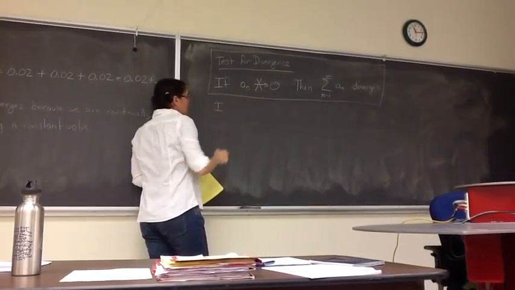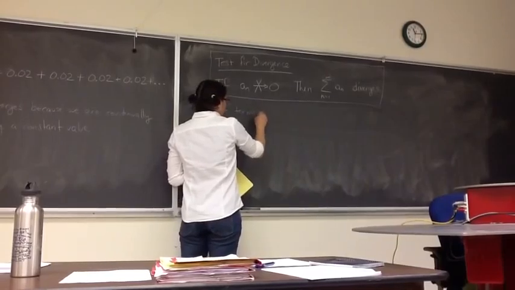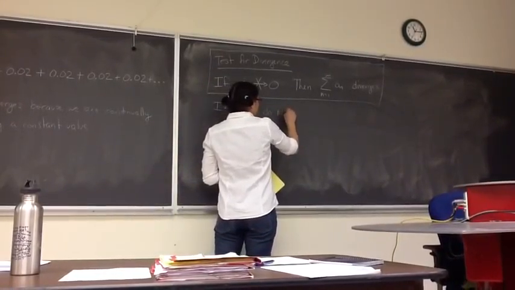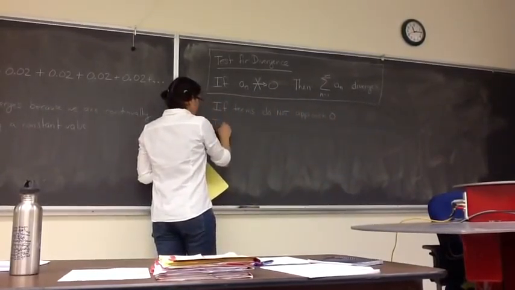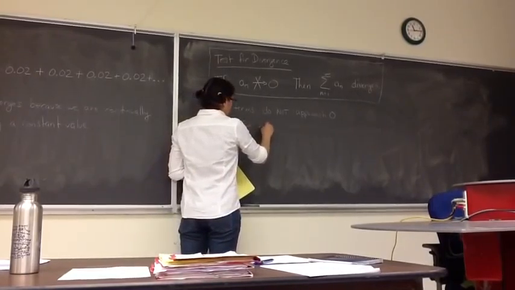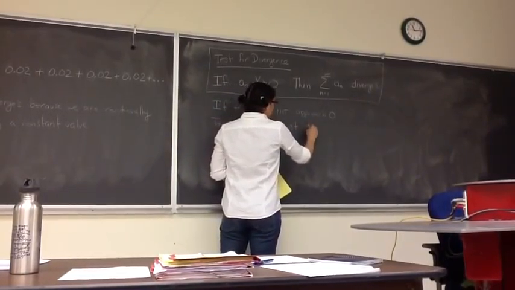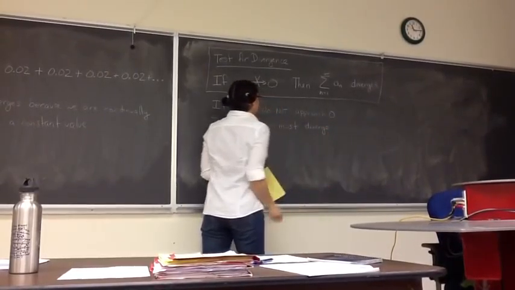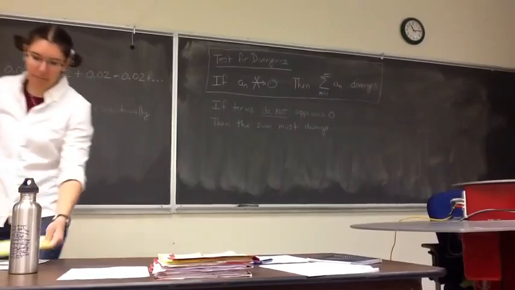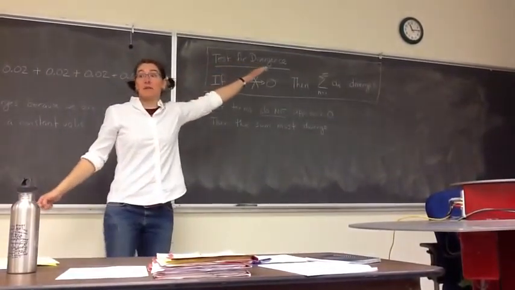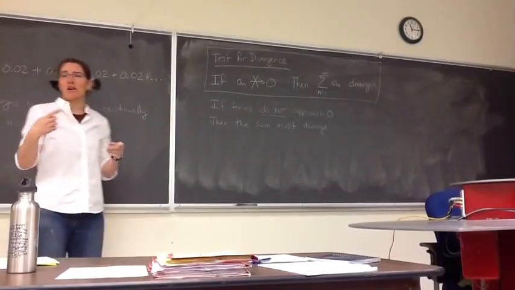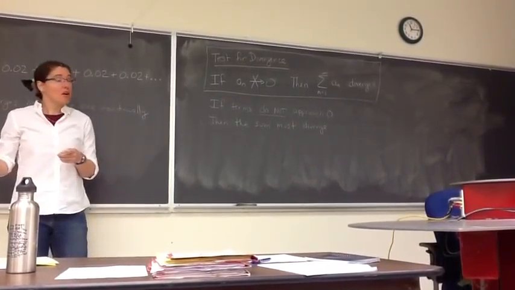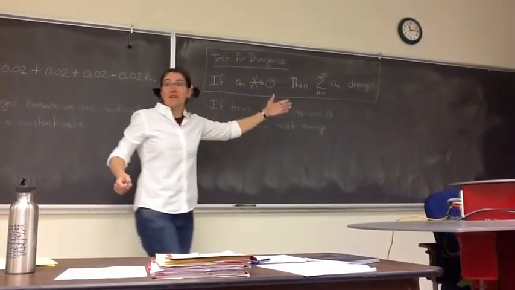So I wrote a bunch of symbols up here, but if the terms do not approach 0, then the sum must diverge. All right, so this is the test for divergence. This is tool number 2. Tool number 1 is that if you find a geometric series, you can identify the A and the R and figure out whether the series converges or diverges. Our next example is if we see a series